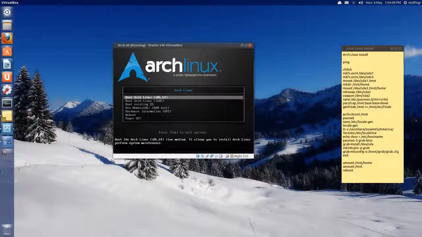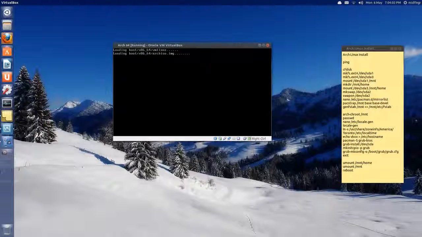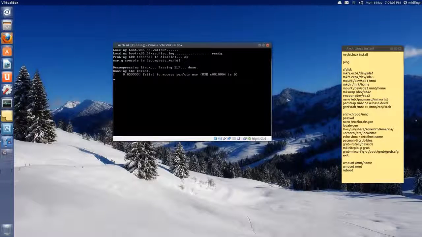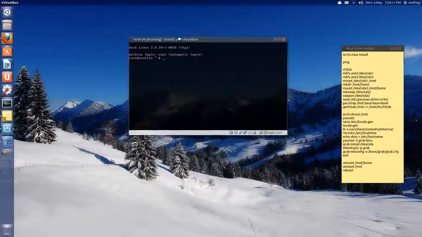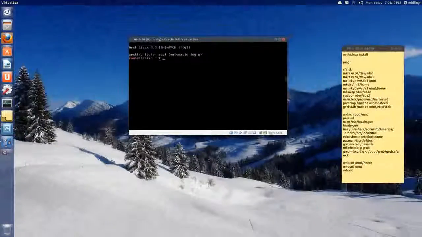Okay, press Enter, and let it do its boot thing and its reminder thing. Okay, we're at the root. Now, if you notice here on the side, I just